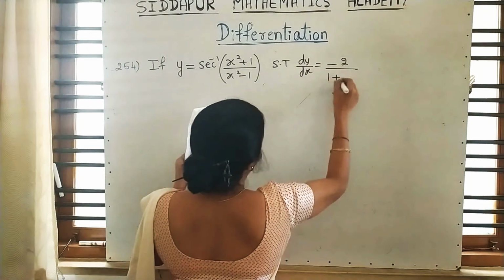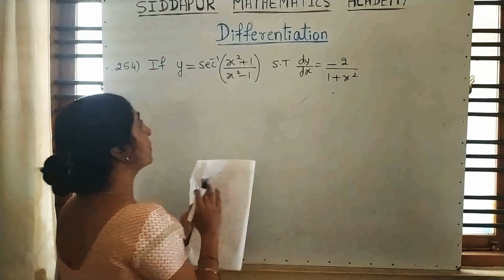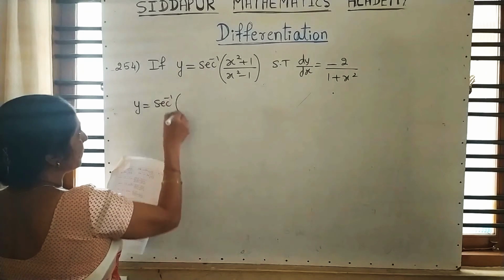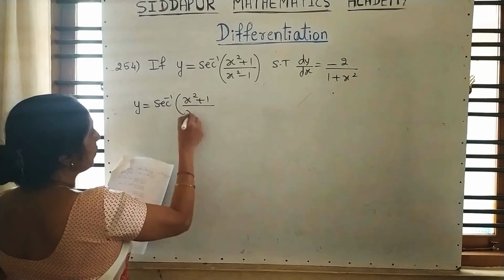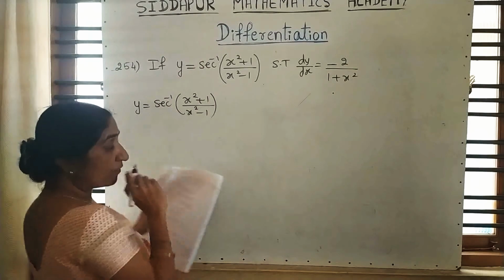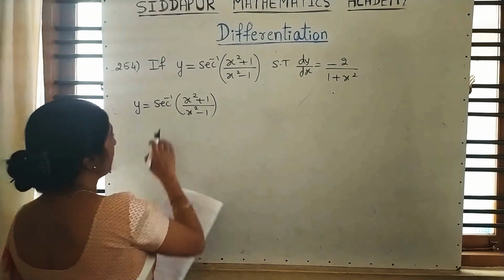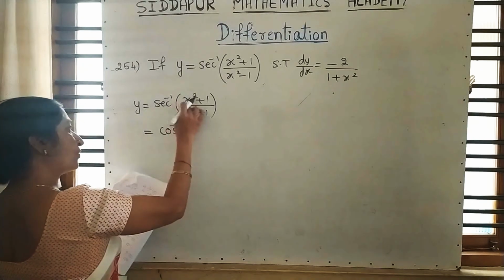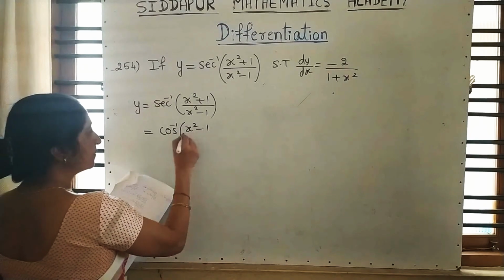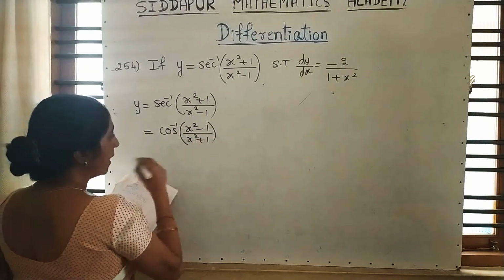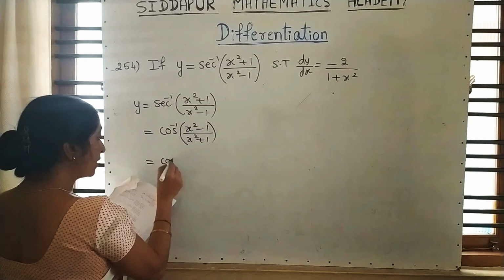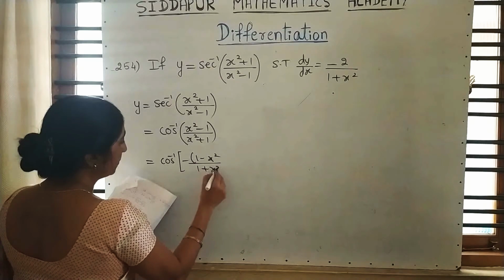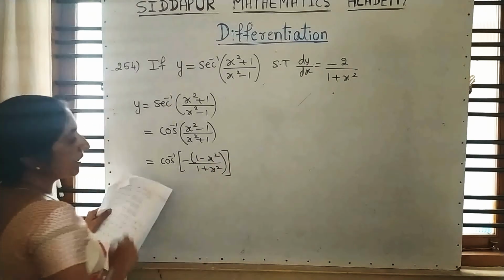If it is a proof, our students are happy, because they know that somehow they have to arrange the answer. Here sec inverse is there, but we are very familiar with sin inverse, cos inverse and tan inverse. You know how to convert sec inverse in terms of cos inverse? Yes, you write cos inverse, they will just interchange. And here I will take minus outside in the bracket. I will explain why I am taking minus outside.